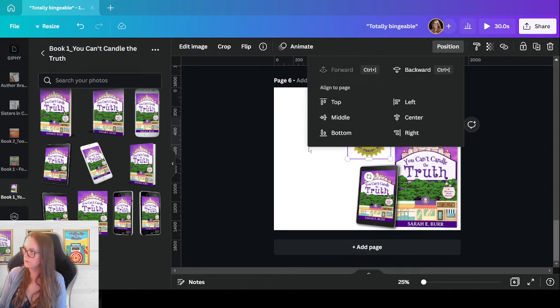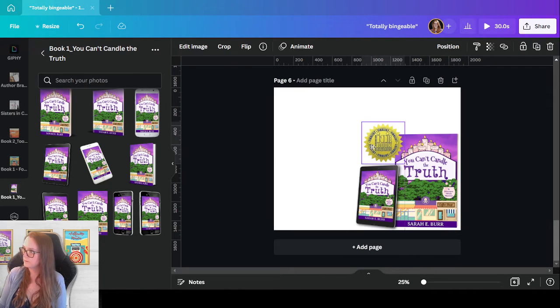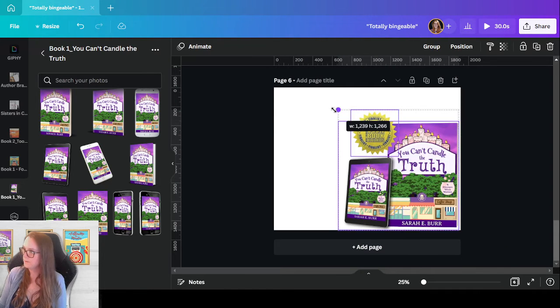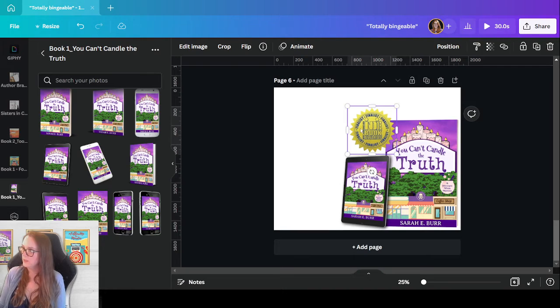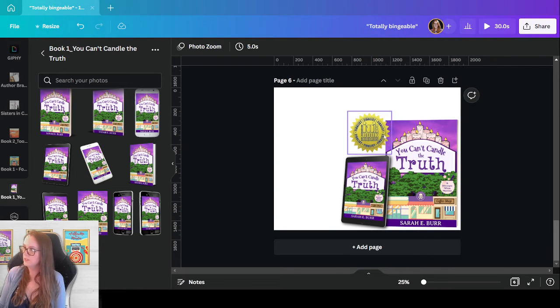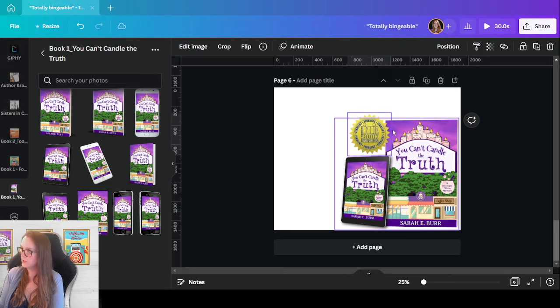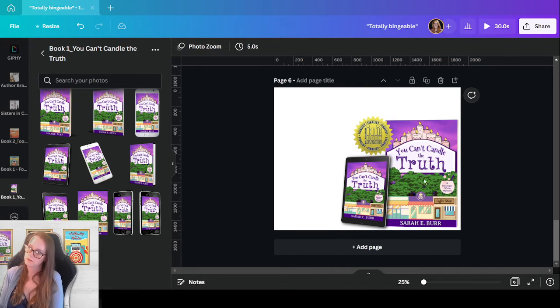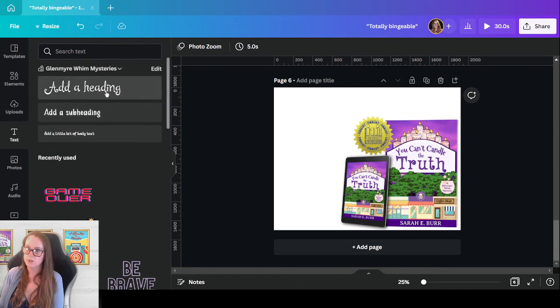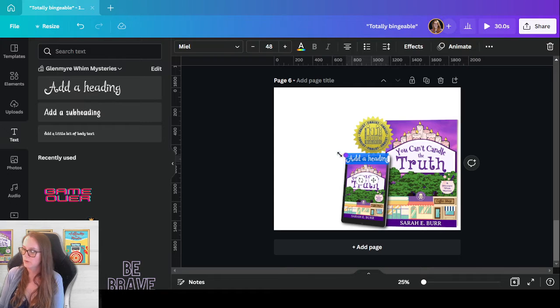I want this to be in the front. Then now I can make everything bigger. And then my quip for this book is going to be, let's go here, add my text. I'm going to do the very same where I'm just going to have